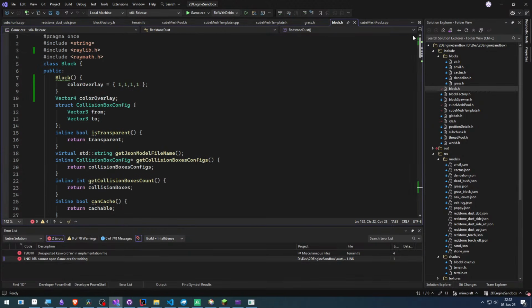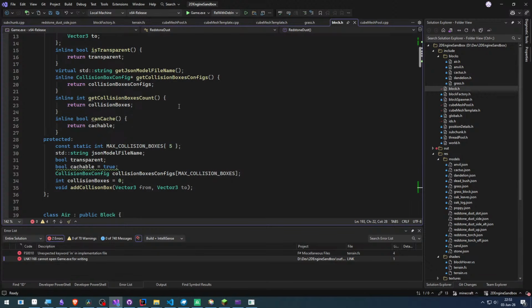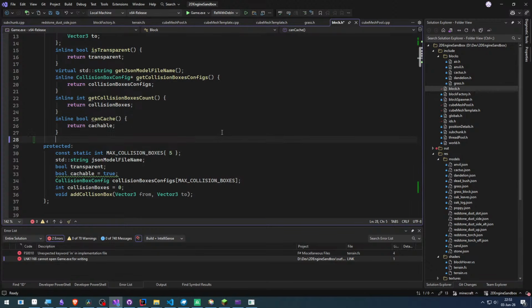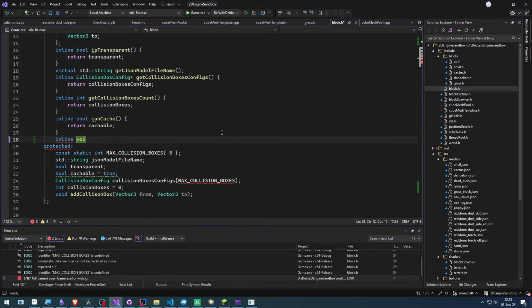So for the block itself, here we'll have... man, all my functions are inline. We'll make it virtual inline. Can it be virtual and inline? I don't know. Let's just keep it virtual. And it will be void